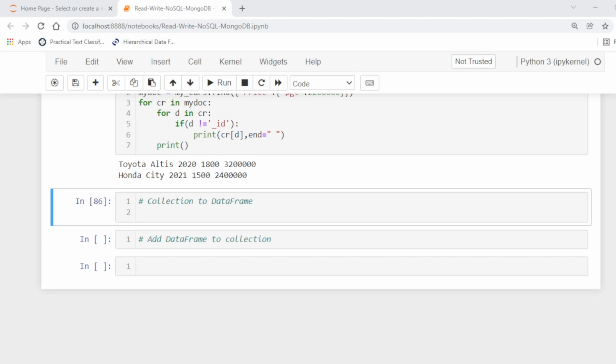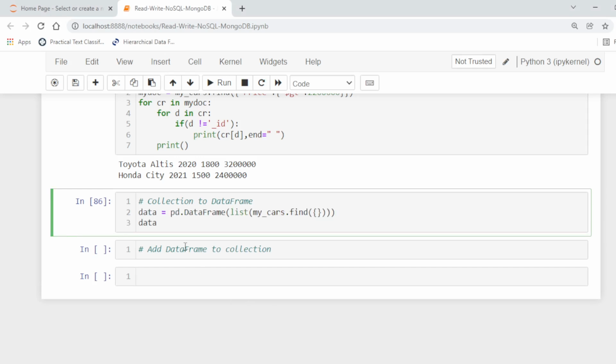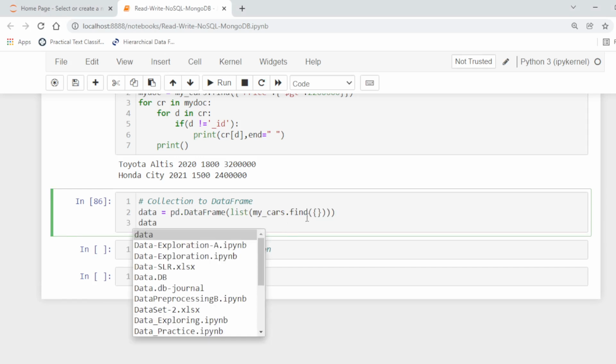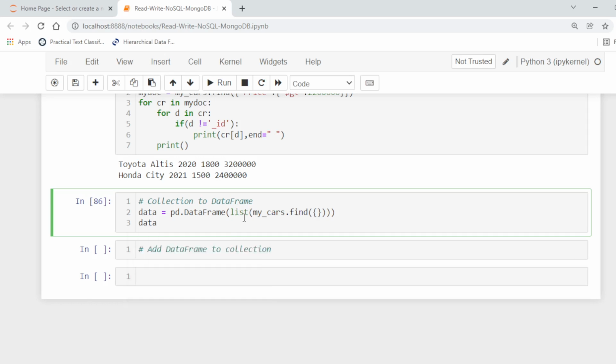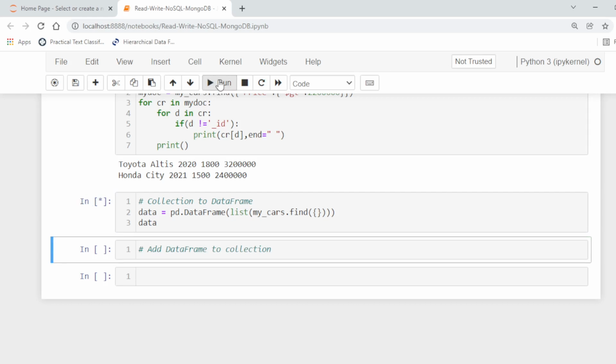After converting to the data frame, we can apply all the functions related to the data. So this is my cars find. It will return all the documents, and then we convert this to a list for creating the data frame. Here if we run this, we will get the list.